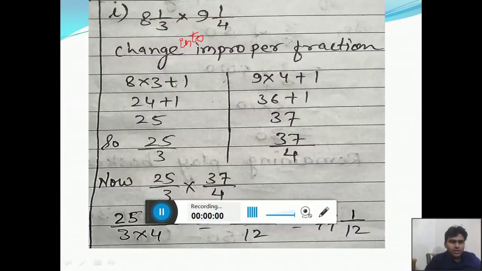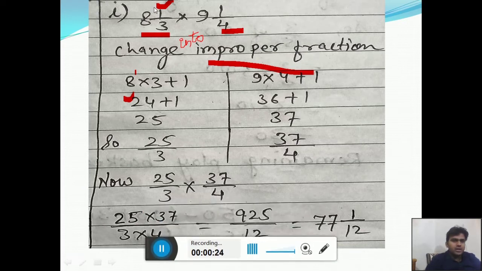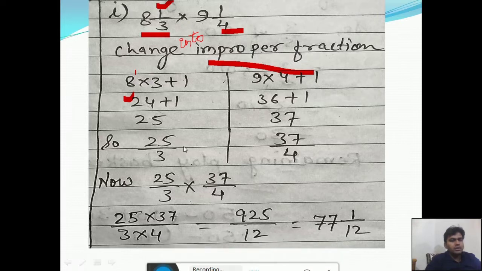Now see question number 2, multiply. Here also we are looking at mixed fractions, both numbers are in the form of mixed fractions. So change them into improper fractions. How to change? 8 into 3 equals 24. 24 plus 1 is equal to 25. So this fraction 8 complete 1 upon 3 has changed into 25 upon 3, and this number 9 complete